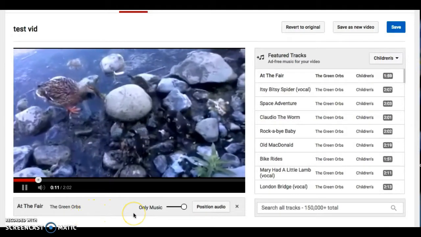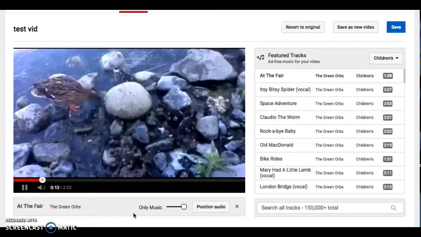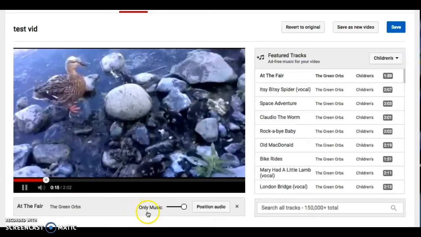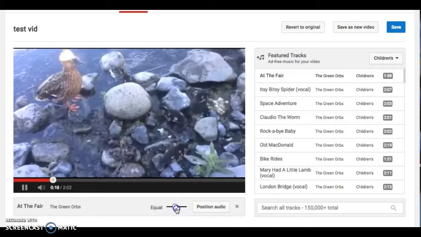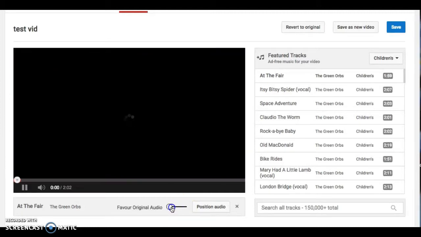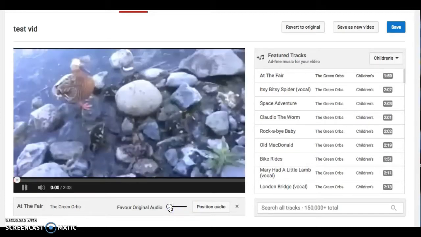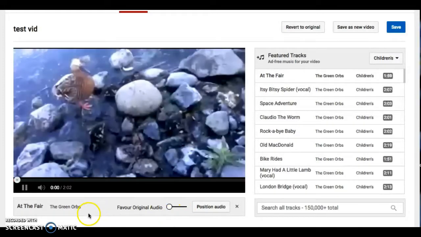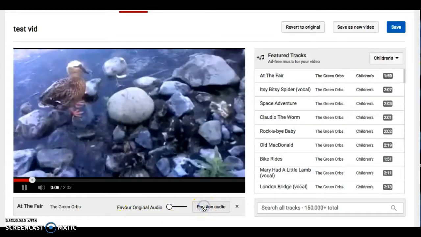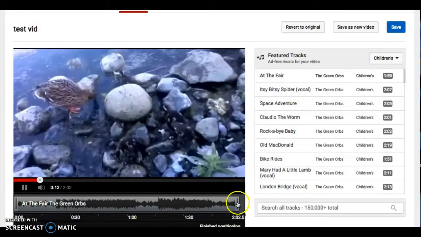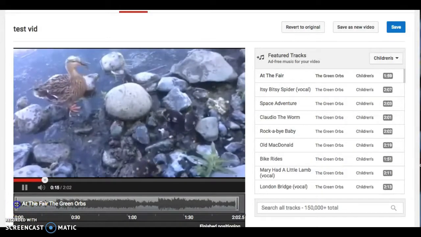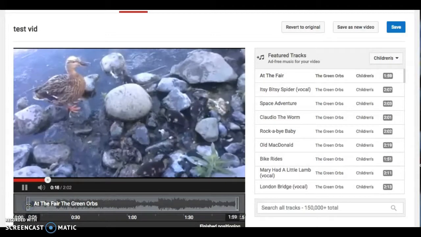Now, two changes that you can do to the music is, as you see here, it says only music. It's a sliding scale from only music to equal to favour original audio, and it'll update every time you change it. Second thing that you can change is the position of the audio. So sometimes the length of the track might be a little shorter or a little longer. You can first of all contract it a bit,